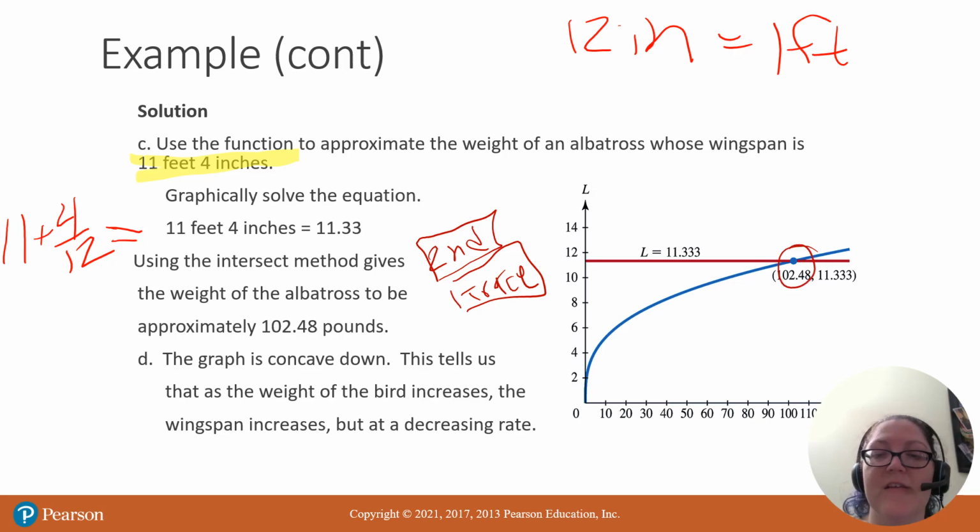And again, try to get it as close as possible, and the calculator will spit back out the answer at the bottom. It'll say intersection, and this is it. I do recommend that you've adjusted your window so you can see that intersection before you do the intersect method. Now, the next question was part D, where I asked you whether it was concave up or concave down,